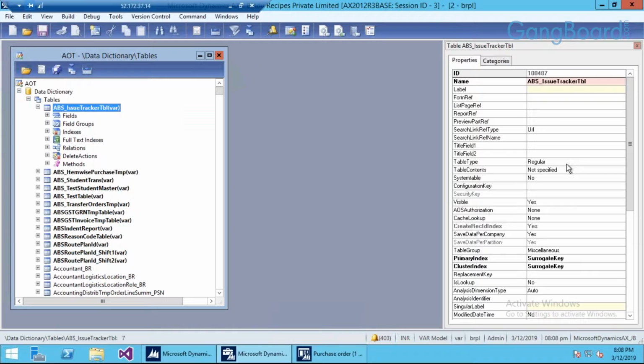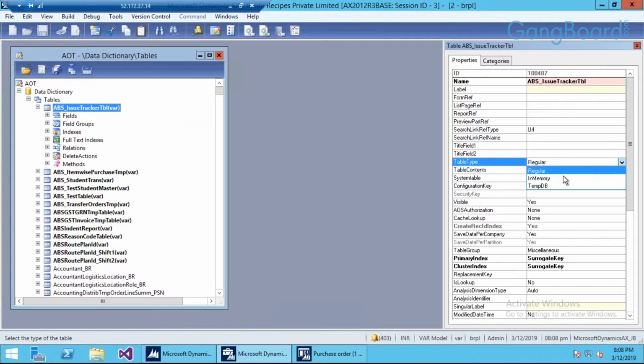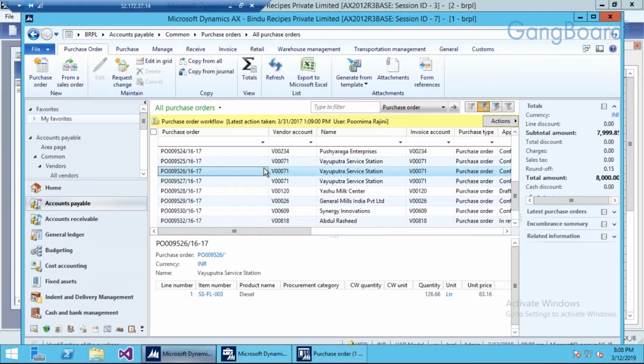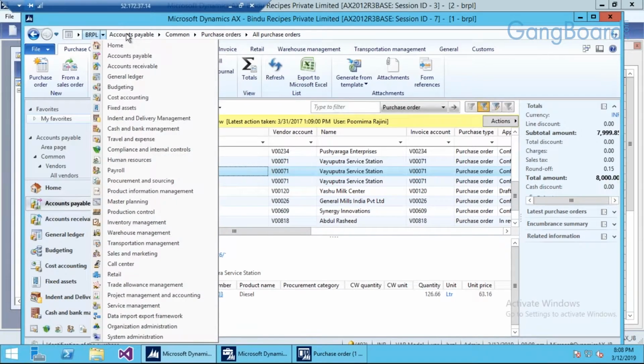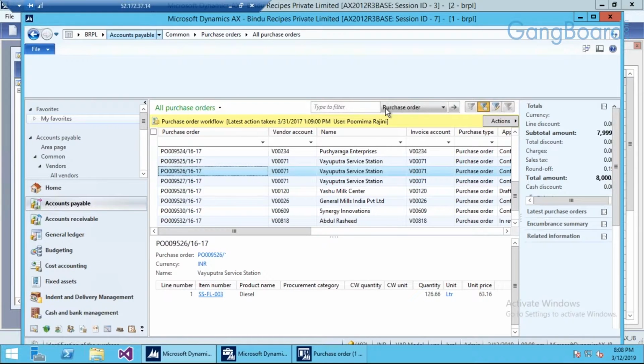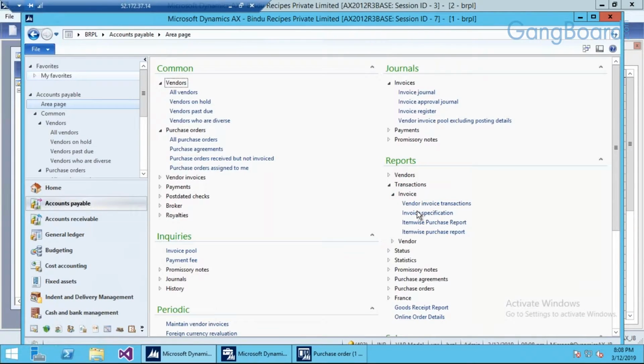So we have some other types called in memory and tempdb. These two types will be used while developing reports. Why do we use this kind of table type in reports? When we develop reports, you can see them on the reports node. These are all the reports. When we open any of the reports,